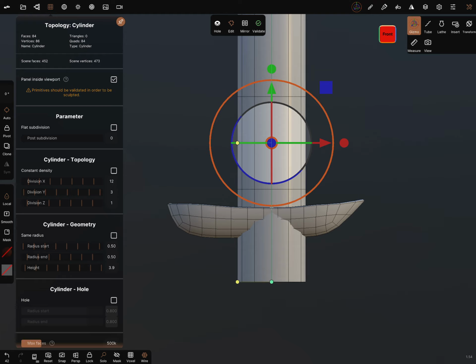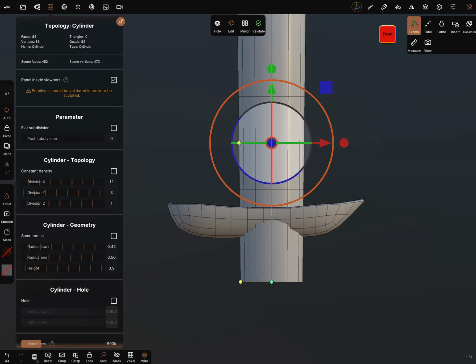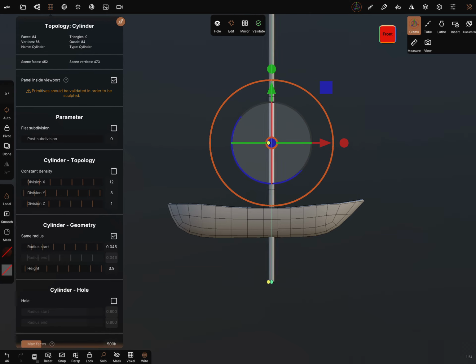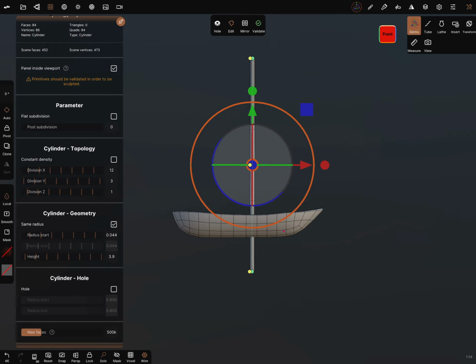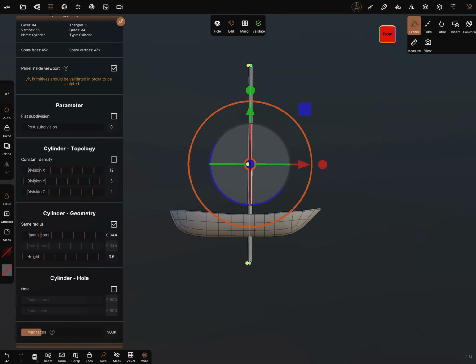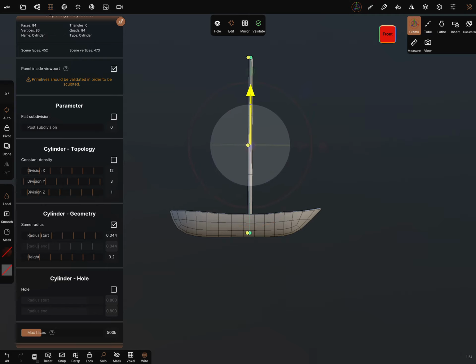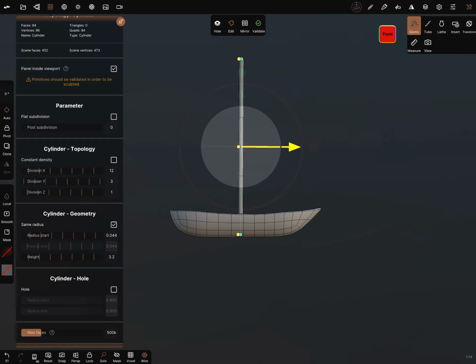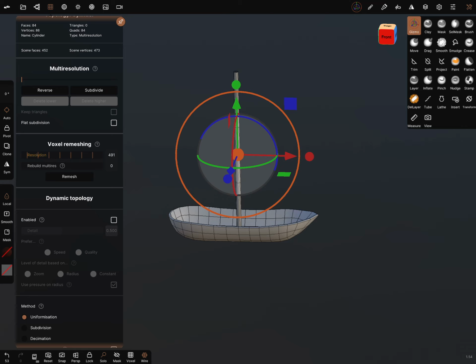Division, subdivision. Can make it so. Where's the end? A little bit higher. So bring it in position. And validate it.